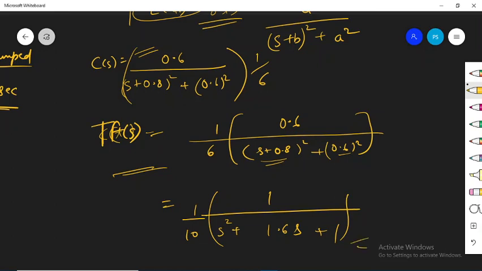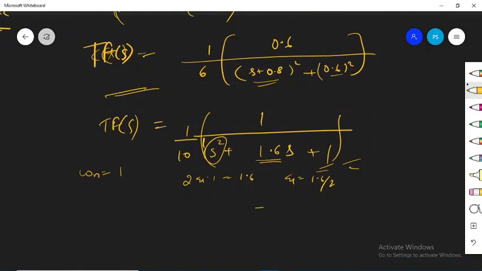This is going to be the transfer function of the system, and just see that the coefficient of s is 1 only, hence we can directly compare this with the second order system. So you can find out that omega n की value कितनी हो जाएगी 1, क्योंकि omega n square की value 1 है, ठीक है. And if you know this, then 2 into zeta into omega n is equal to 1. This can be compared with this value, so that is 0.6. So the value of zeta will come out to be 0.6 divided by 2, or this value of zeta will come out to be equal to 0.8.